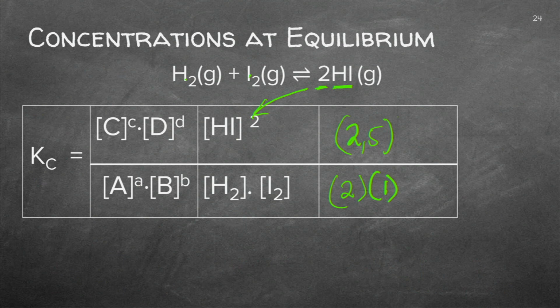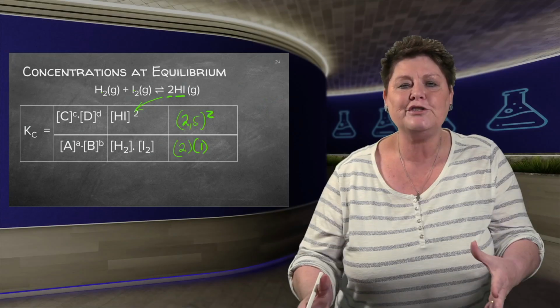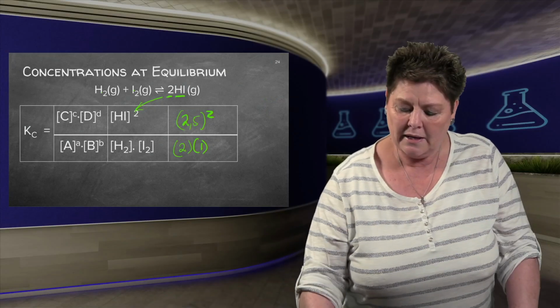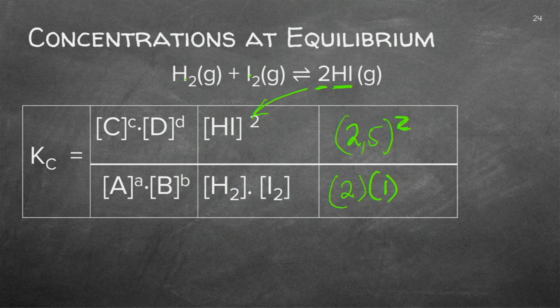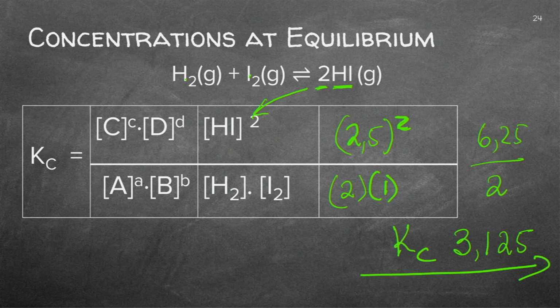Guys, please remember your square. It cannot evaporate. It cannot precipitate. It cannot go away. It is there. You need to calculate that value. Now, if you do that calculation, and this you'll do with your calculator, I mean, you don't have to do anything fancy. Here you'll get 6.25 over 2, and you'll just do that division, and that is your Kc value. A great number because it's got lots of product.